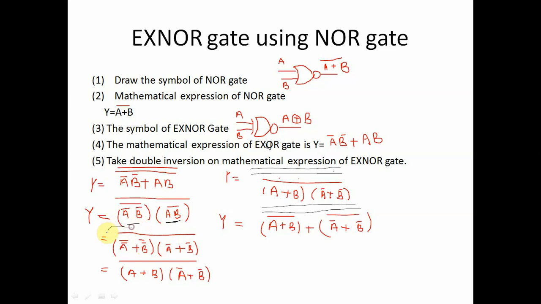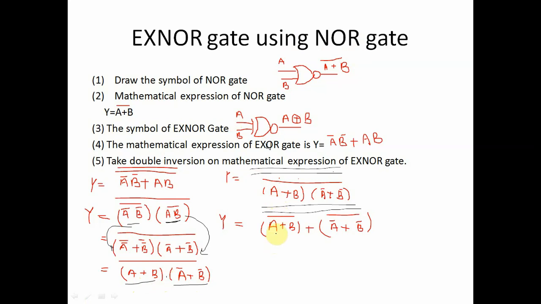This De Morgan's theorem is here, and this De Morgan's theorem is here. So getting this bar as it is, a double bar is nothing but a, b double bar is nothing but b, a bar plus b bar, and all over this one is the bar. Now it is necessary to take the double inversion method. Why take the double inversion method? Because in these two equations a multiplication sign is present, and this multiplication sign is converted into the addition, because in NOR gate the addition sign is present. So we take the double inversion method.